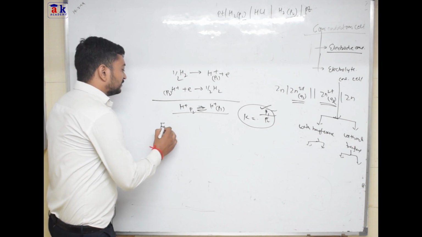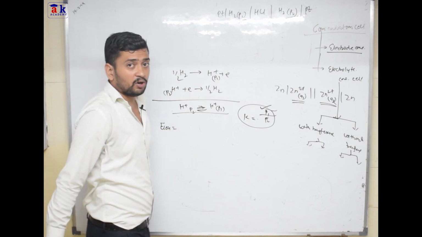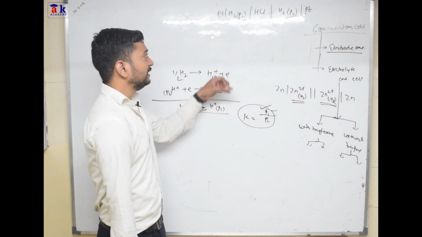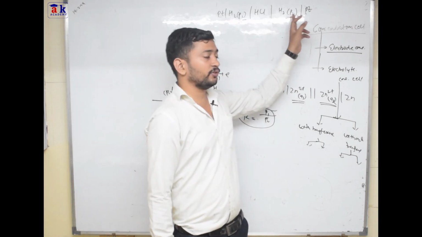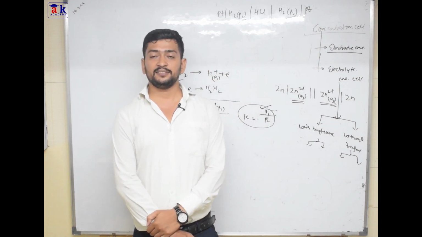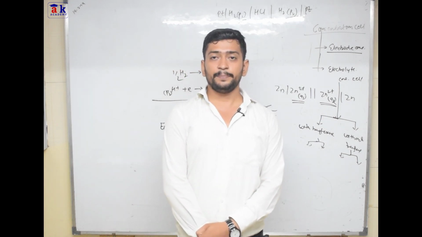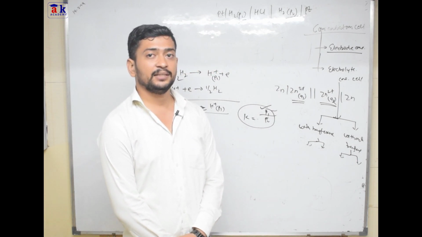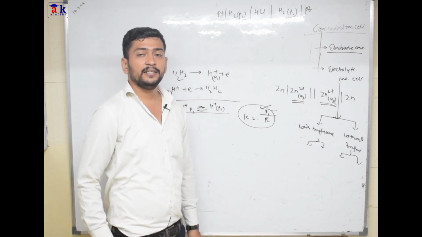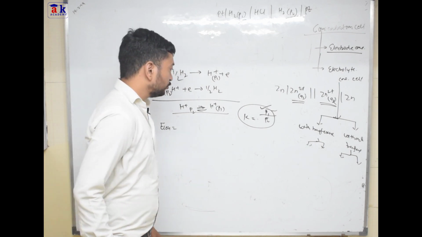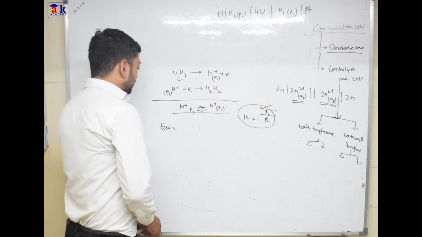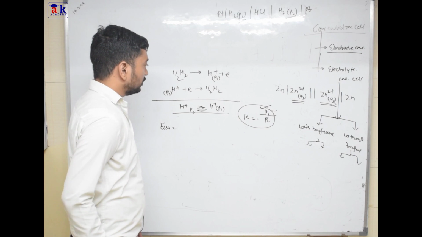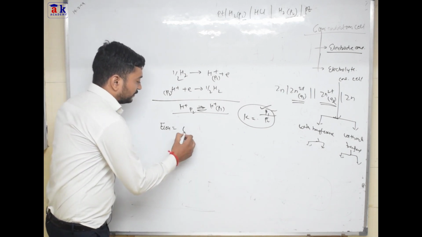So what we know, E cell is equal to E naught cell. Now E naught cell in case of concentration cells is 0. Why? The reason is, if I consider this electrode and this electrode, they both are same. So in this case their SRPs would be same. If their SRPs are same, so definitely E naught cell will be 0, right? Understood? Here the SRPs would be same, so here we will have 0.